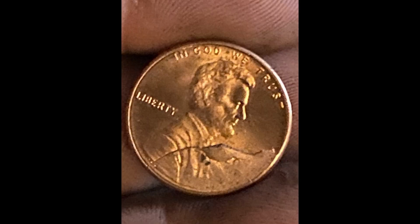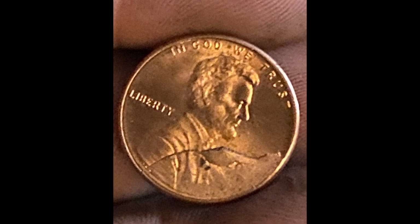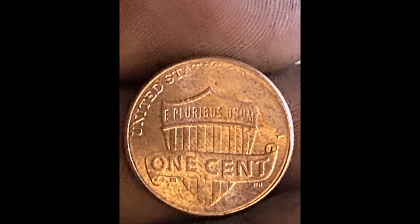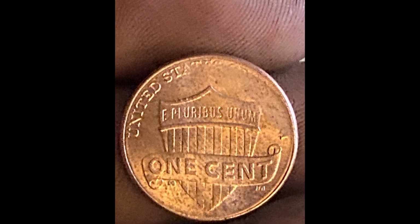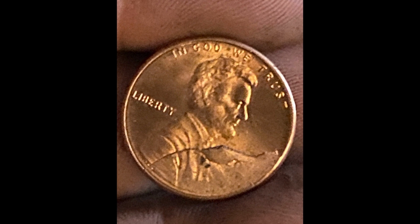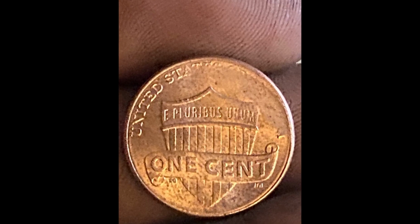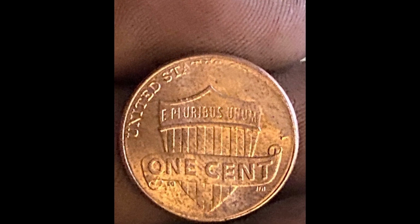Now, this coin sold for $250. Let me tell you guys a very important factor here. If you're selling your coin, you need to take good quality photos. As you can see, the previous couple photos are not the best. They could be better quality. Do a little bit of research on how to take good quality photos. It's important because when you're buying coins online, let's say a collector is trying to